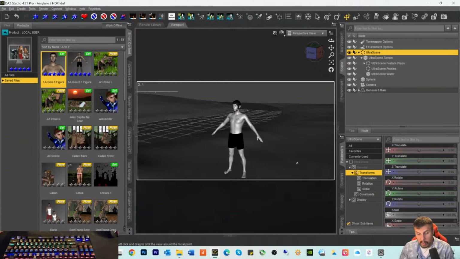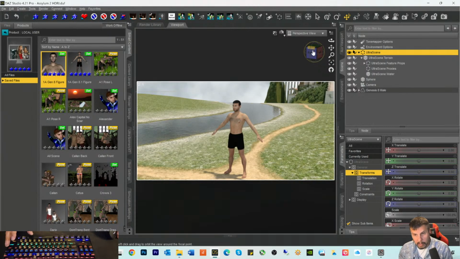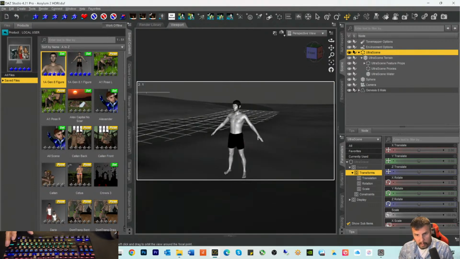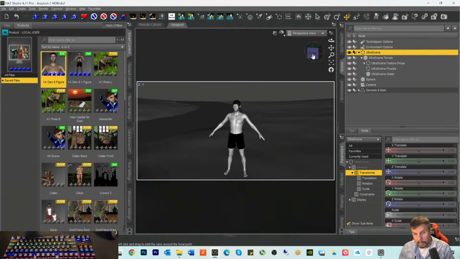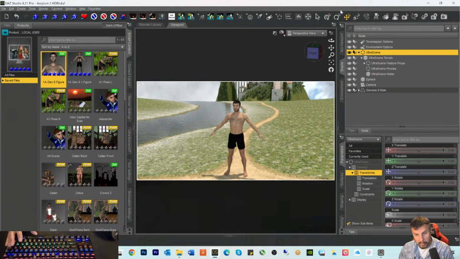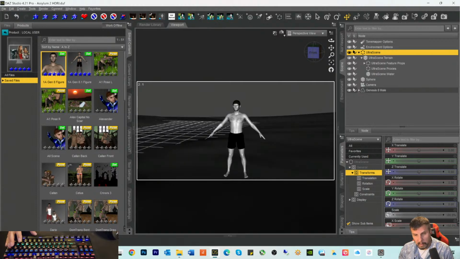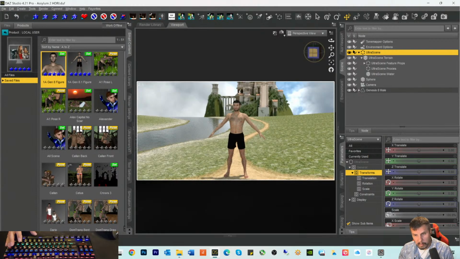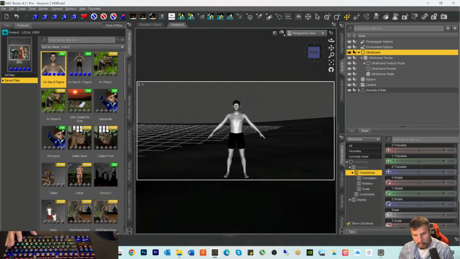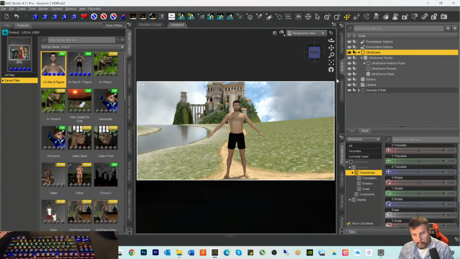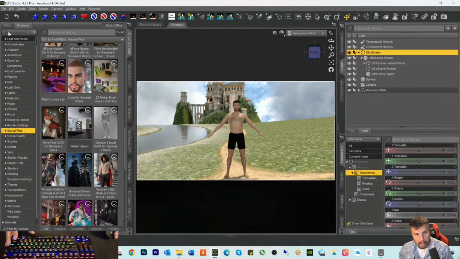So this is where it would be really nice, and Jay was really smart to be talking about having multiple instances of Daz open, because I could just zip over there and render. Okay, so what I'm going to do, this terrain here is what I want. I want this Britain terrain, so we're going to take the Genesis 8 figure out,